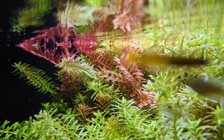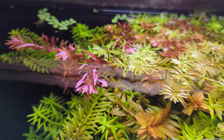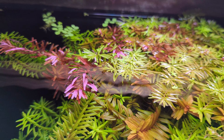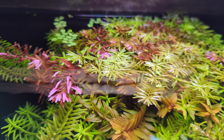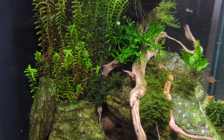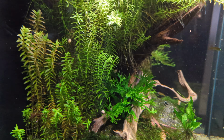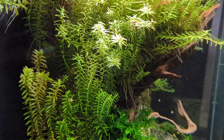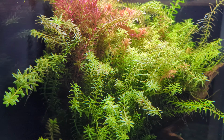In low light conditions, it'll spread horizontally with a lot of leggy and rooted clumps. Nutrient-rich soil is never a bad idea, but you could even grow this plant in sand or tie it to a chunk of wood, essentially as an epiphyte. I tied a bunch of free-floating clippings around this chunk of wood. Since then, it's filled in a lot with some of the stems from the soil, but I'm sure there's also